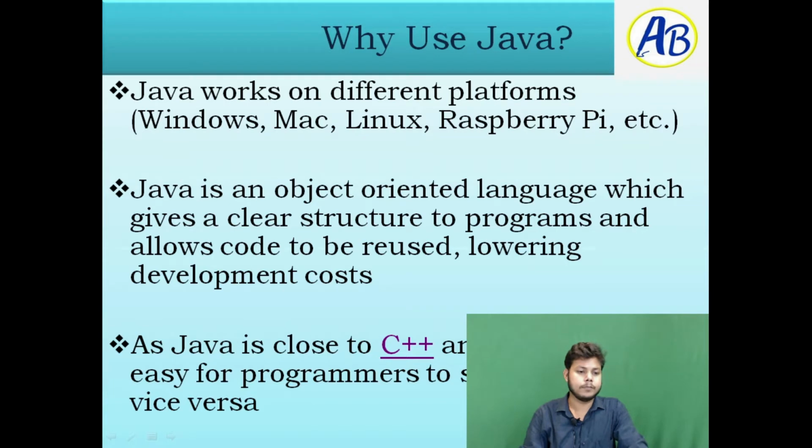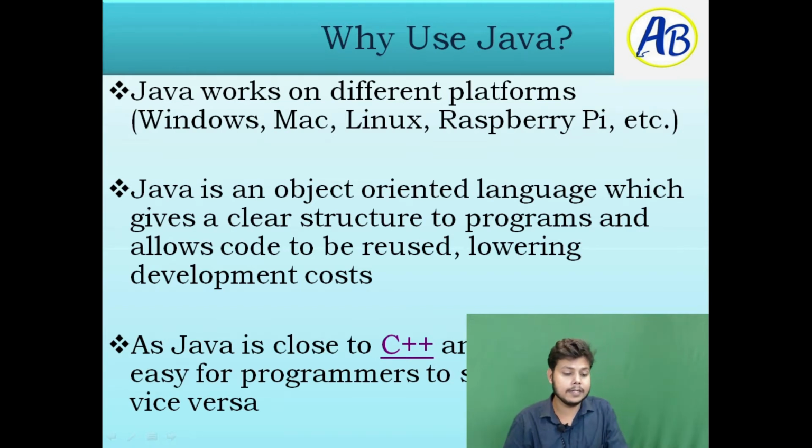Now, why are we using Java? I told you earlier that Java works on different platforms. If you're using Windows, Mac, Linux, Raspberry Pi, and Android for mobile purposes, all of these include Java. So we can use it independently. The main feature of using it independently is that Java changes all code into bytecode. Remember this, it will be asked sometimes in MCQs. That helps you to reuse the same code anywhere. That is one more feature of platform independence. And this is also open source, so you can access it.